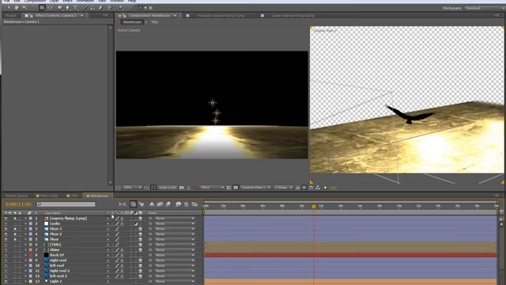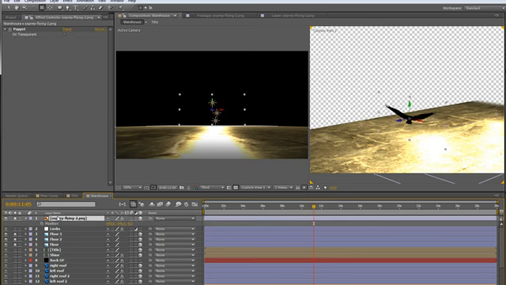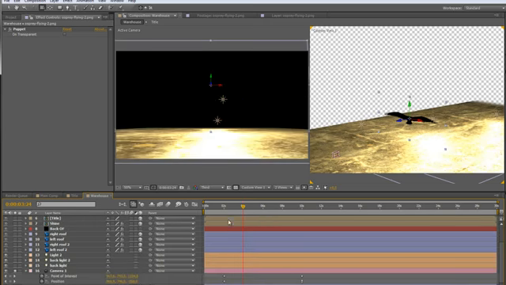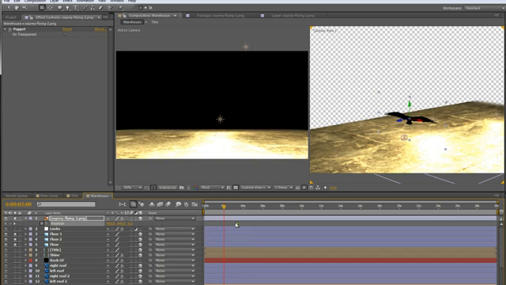And pressing P for the position of the osprey, set a keyframe here at the start of the animation of the camera,